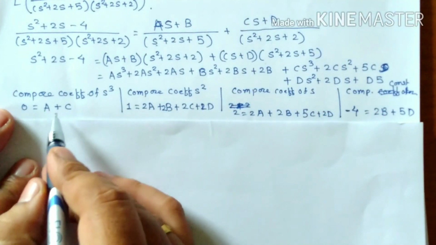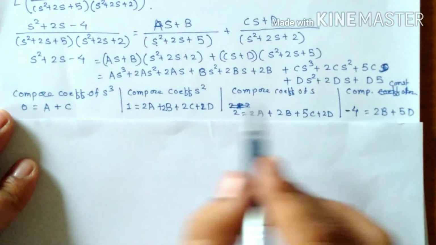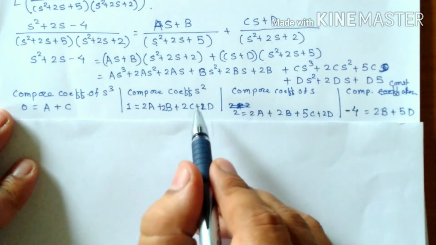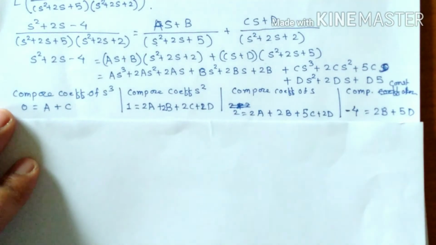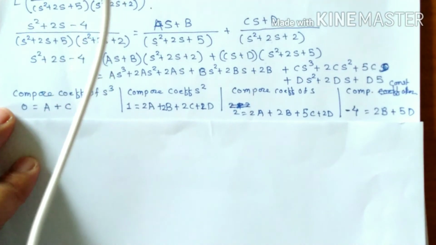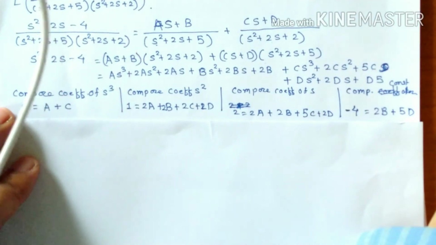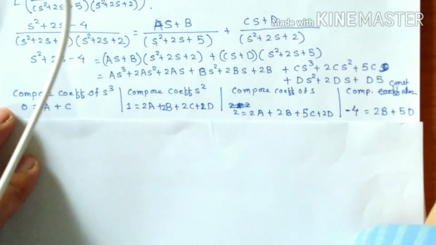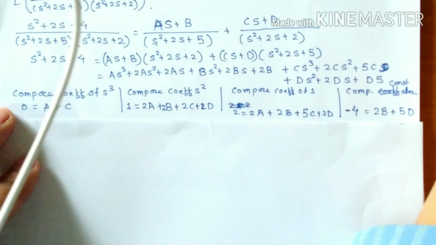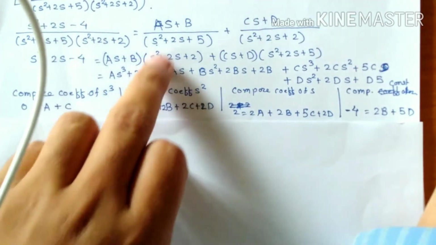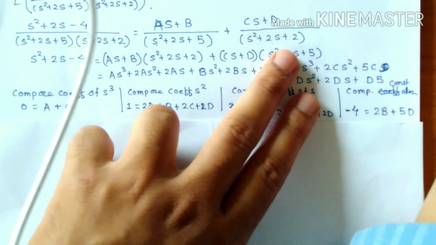So from this you can derive the value of a in terms of c. From this you can derive b in terms of d, and you can make a substitution in this, and you will get 2 equations in terms of c and d. Now solve them simultaneously and derive the values of a, b, c and d. I'm just leaving the further part on you. Once you get the values of a, b, c and d, substitute them here, you will get these 2 terms separately.